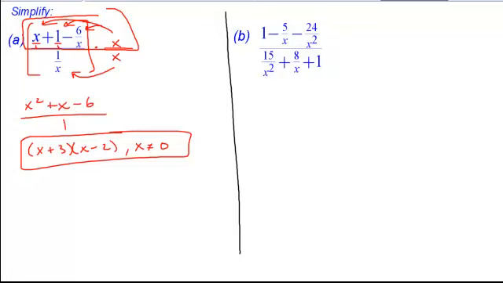If you were going to solve this the other method, where you rewrite the numerator as a single fraction, your LCD would be x, and then you take your first fraction's numerator, x, times the missing LCD factor, another x, plus your next fraction's numerator, 1, times the missing LCD factor, x, minus the next fraction's numerator, 6, times the missing LCD factor, it's not missing anything. And then you divide this whole thing by 1 over x, which means you invert and multiply. This becomes multiplied by x over 1. Here the x's cancel, and you get the exact same